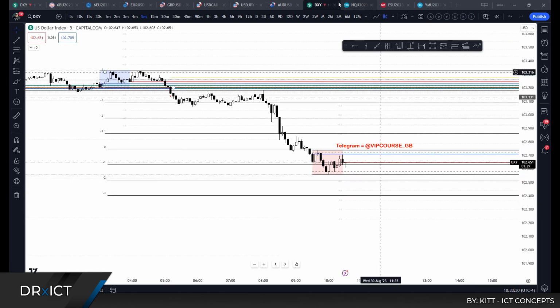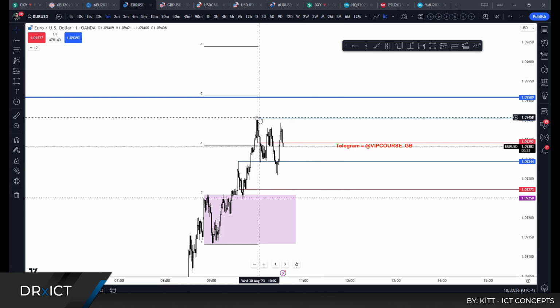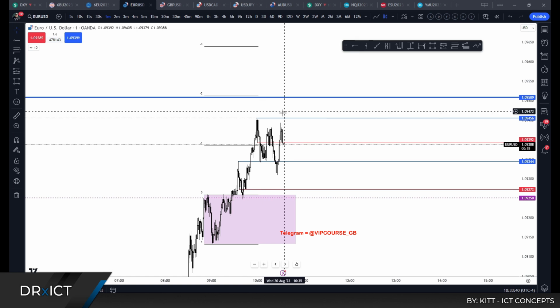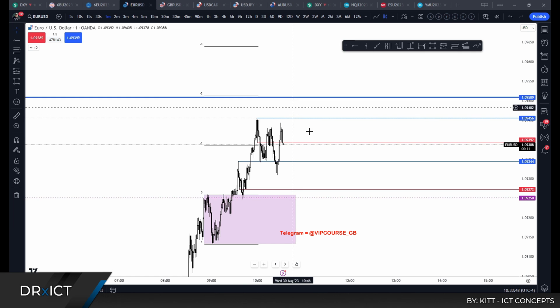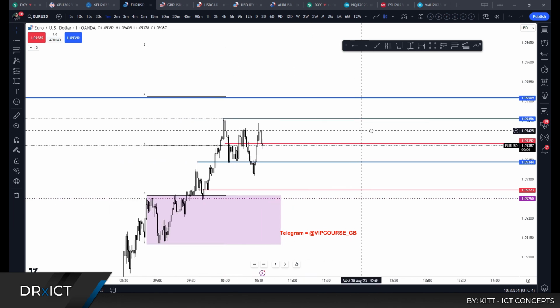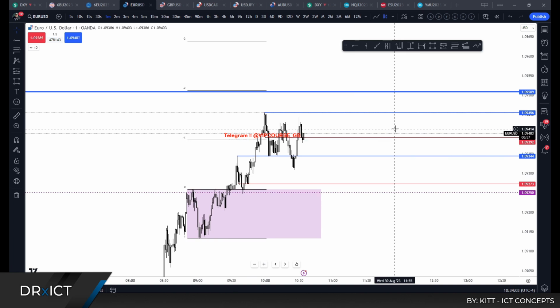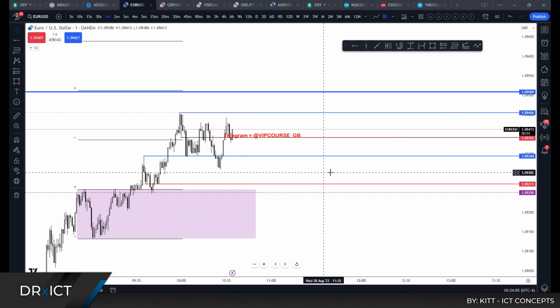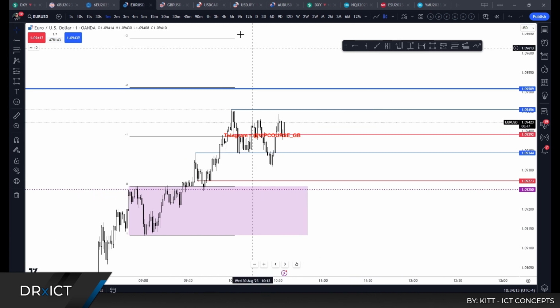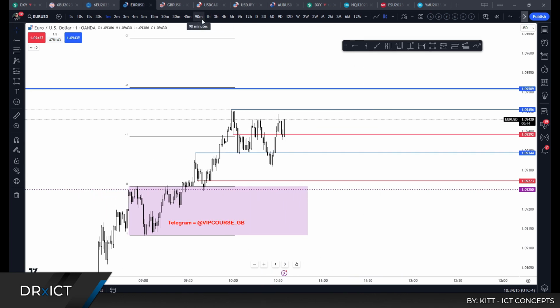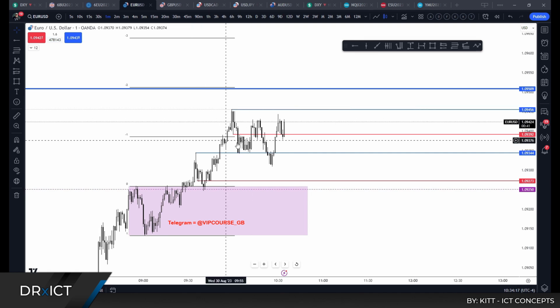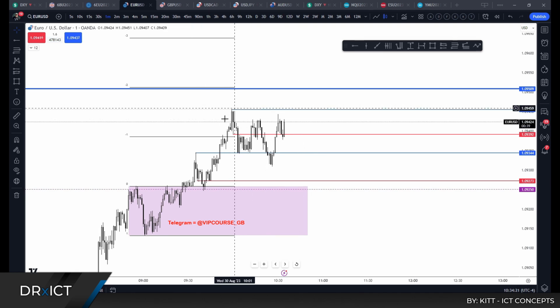Looking at the euro dollar, a high was formed, a low was formed, and we want to see a close up above the high for some bullish momentum on this very, very low time frame in analysis of institutional order flow coming from a high time frame. So instead of being focused on a 4-hour, a 1-hour, a 90-minute, or a 30, we're applying market structure and logic to a very low time frame